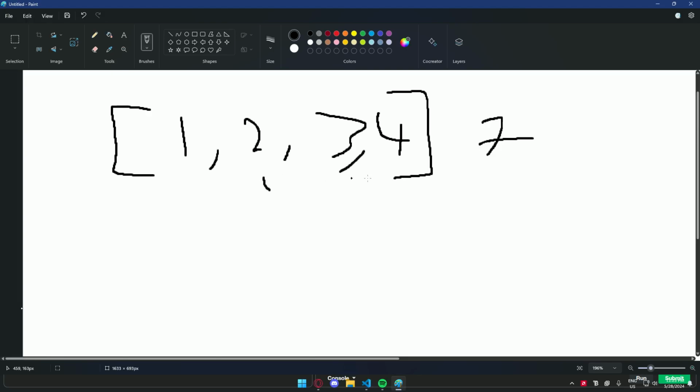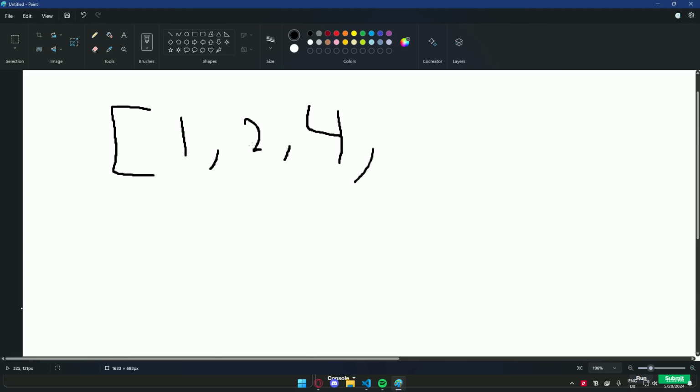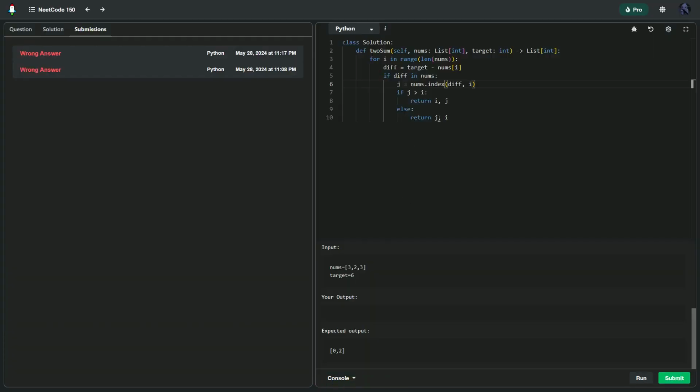Okay, it's going to go through here. It's going to go through here. It's going to find 3. But what if the other value is behind it? So let's say 4. Ooh, but it wouldn't matter. So at least visually, I'm not too sure. So if we start at j, if we start at the index i, and we try to index to find the difference, then